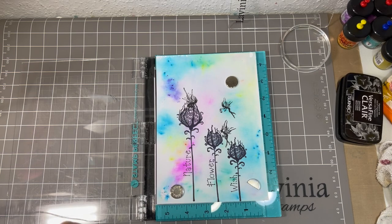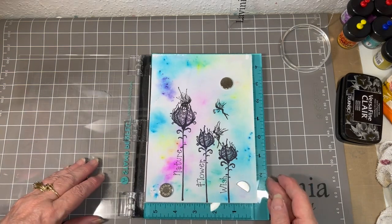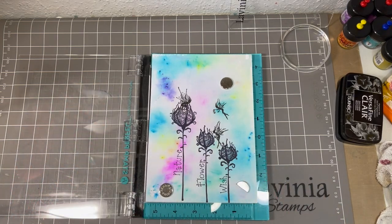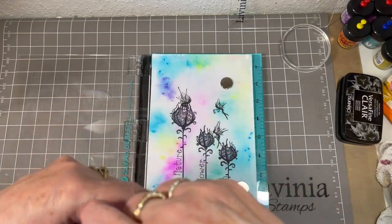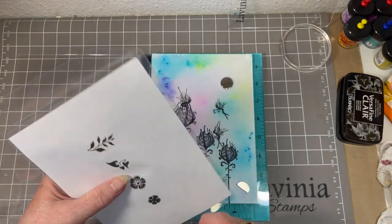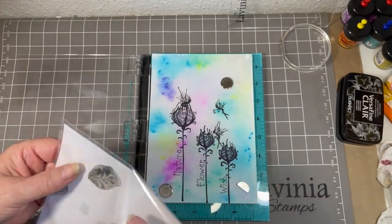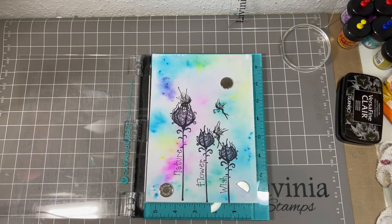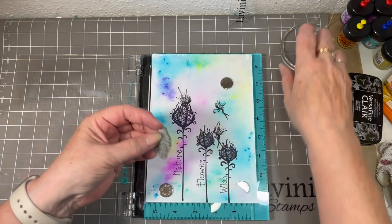So we're getting along nicely, working really well on our card. This is a new set called the Vine set, and they stamp, well, as Lavinia stamps always stamp so beautifully. They really, really do. Now I'm going to definitely use